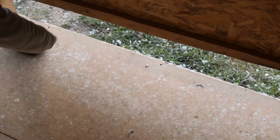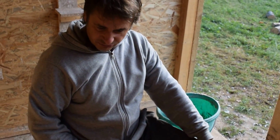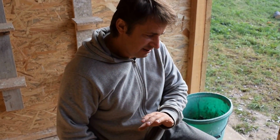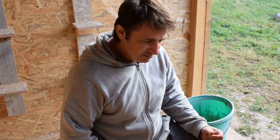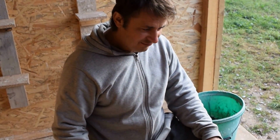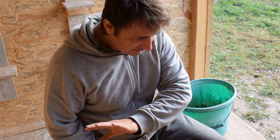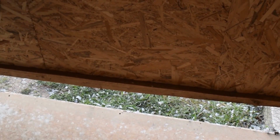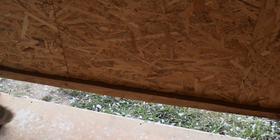See, guys, look at this opening, it is really good. Dust is going through. You will see when the birds return from the round-the-loft training, and they enter the loft, within 10 minutes there will again be feathers in here and powder from their feathers. But as soon as the birds land from the resting perch on the floor level, the current he makes by flapping his wings, all the dust will go out, mostly through this large opening. That's why it is important you have this opening at the floor level. Okay,